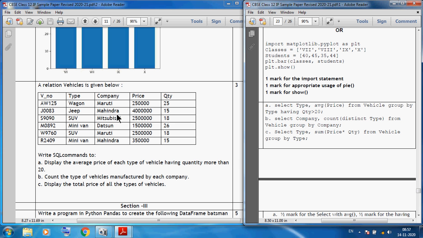So first we group by the type. In this group we want selected groups, so here I am using having quantity greater than 20. First all type groups will be created, and from all the groups it will select only the groups with quantity more than 20. So it will select the wagon group and the minivan group. Only two groups will be selected, because these are above 20. Then for wagon, only one thing, so it will display